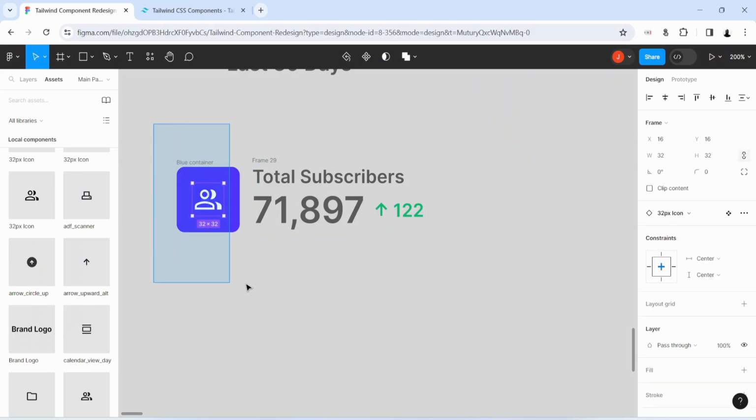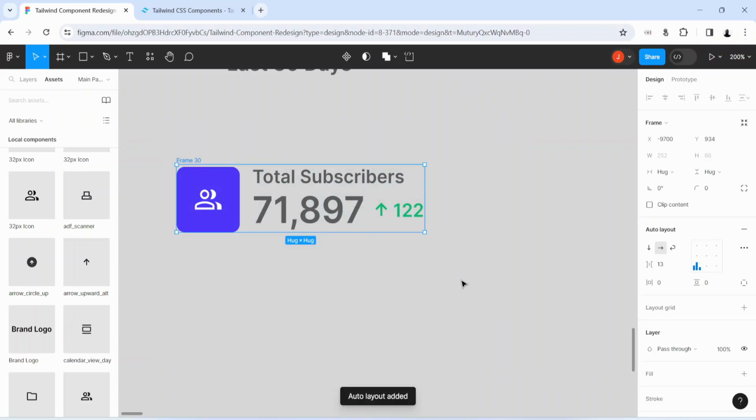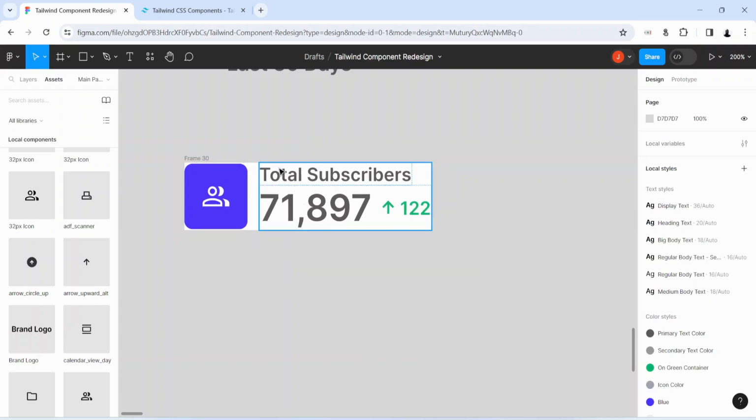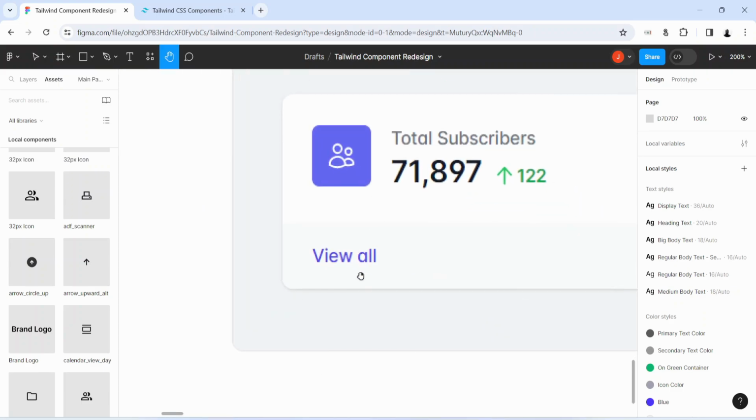Now it will be time for me to merge all of this into one auto layout. Then set the space between the items in this auto layout to 12, and give it a white background color. Make sure everything in that auto layout is aligned to the vertical center and to the left horizontally. And that's fine. Now I would want us to keep this like this for now, and then create this link